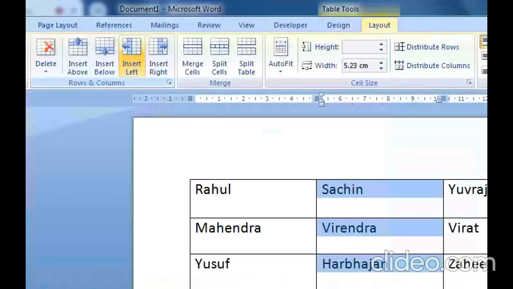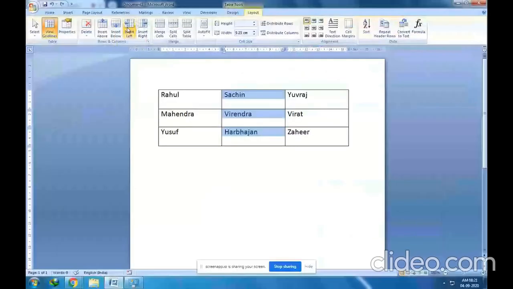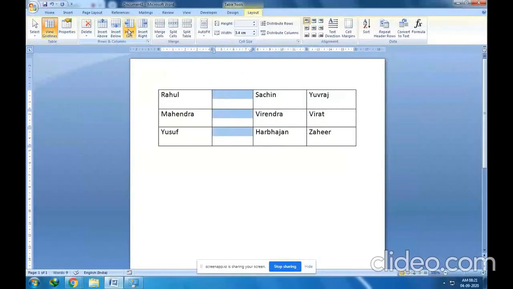You can see here in the layout tab, in the rows and columns group, there is a button, insert left. It is used to add a column on the left side. And you can see clearly, this picture is of a column. Okay, so let me click this. Now the column has been added successfully on the left side, right?